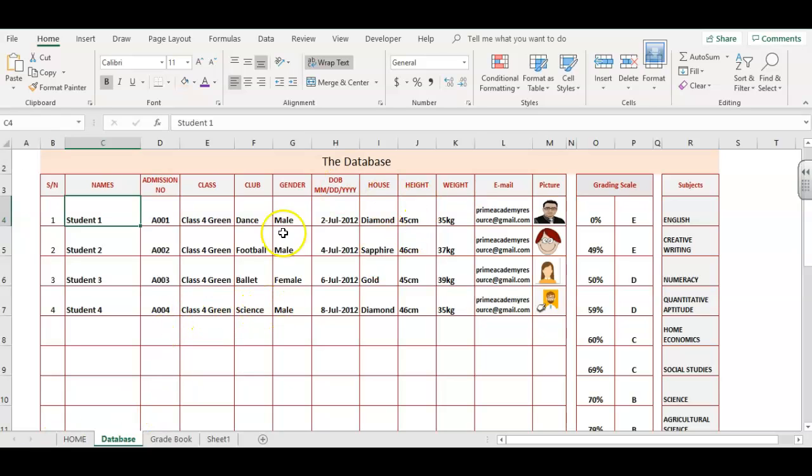So the database stores the data of the students. As you can see here, we have name, admission number, class, club, gender, up to pictures. On this table, we have inputted some names and the corresponding records. So one thing we want to learn here is